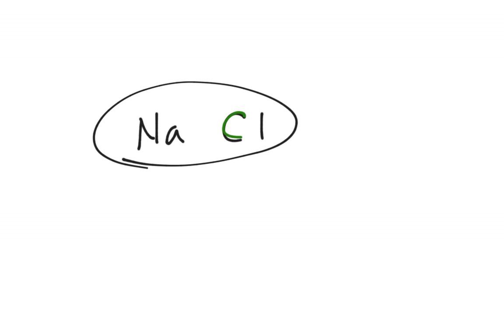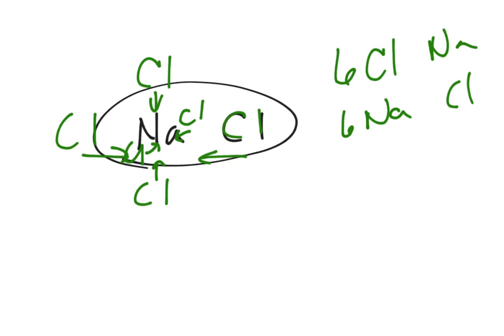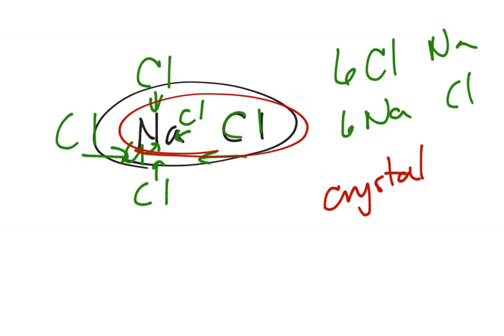I also will have a Cl here that's attracted to the Na, a Cl here, a Cl here, one in front of it, and one behind it. So I will have 6 Cl's for every Na, and I will have 6 Na's for every Cl, which is why these ionic compounds form crystals. You do simplify it down to the simplest form of it, the NaCl part, but when you're trying to look at it, you can't look at just this bond, you have to look at all of these bonds involved in there. And so we look instead at what's called the lattice energy